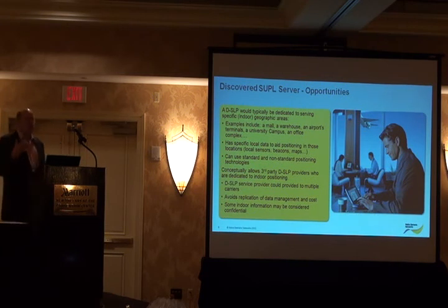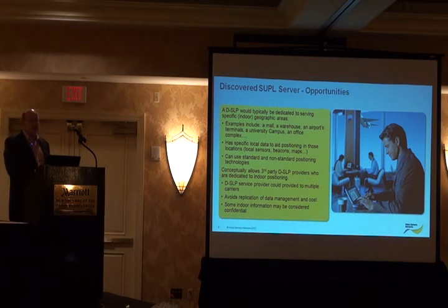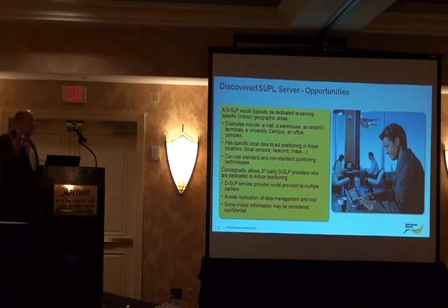One of the advantages of having a third party is that every different carrier wouldn't have to have their own SUPL servers or discovered SUPL servers and have to manage all that data and keep it up to date. The other thing is that a lot of indoor locations might contain confidential information, even in regards to the layout of the building or the contents of the building. But if you had a single third party with the appropriate security, they could go in and do the